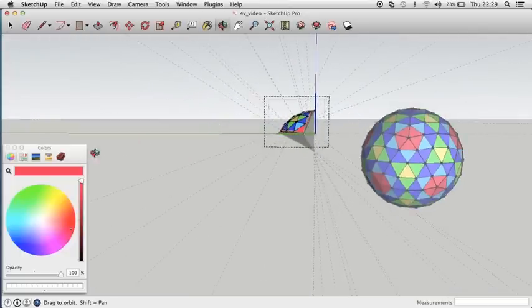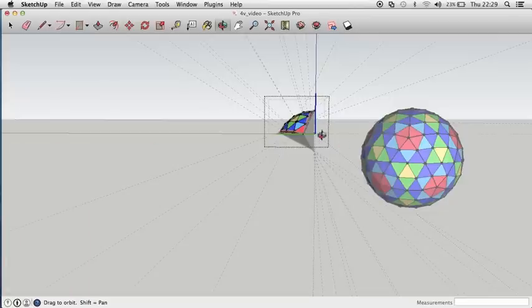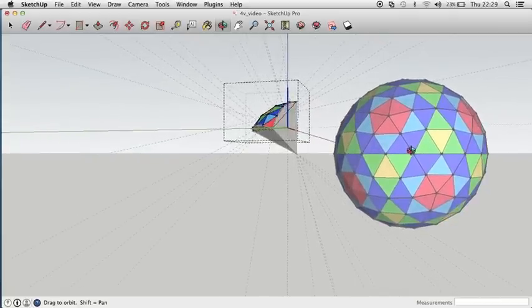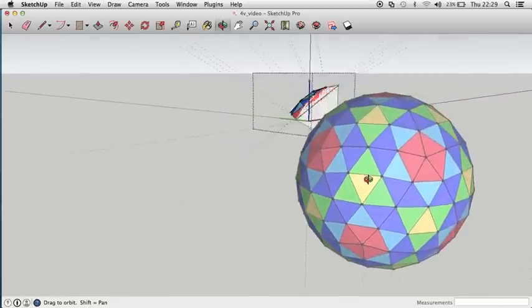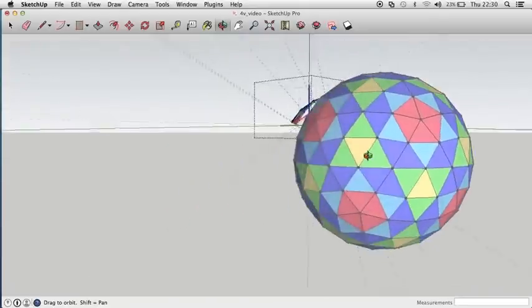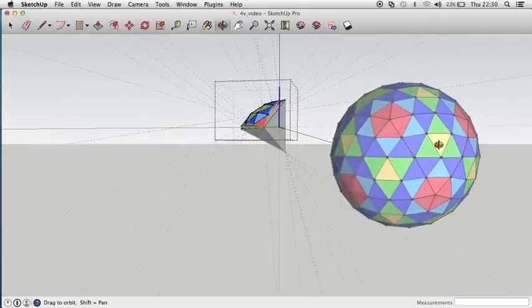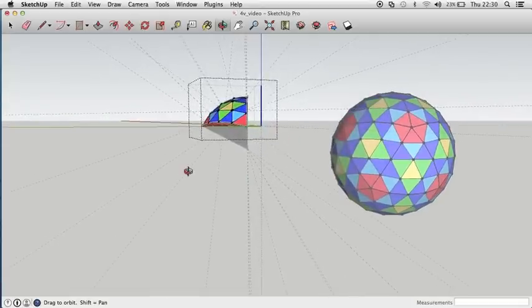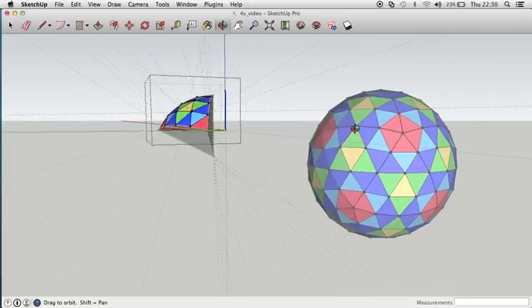We have a single face there, and we have a full sphere here, and we can see that it splits nicely down here. You could divide it by here to make a dome. You can look at how it fits together, how smooth it looks, and you've only actually built one single face there. So you should be able to knock this up in about 20 minutes, and you can rub out